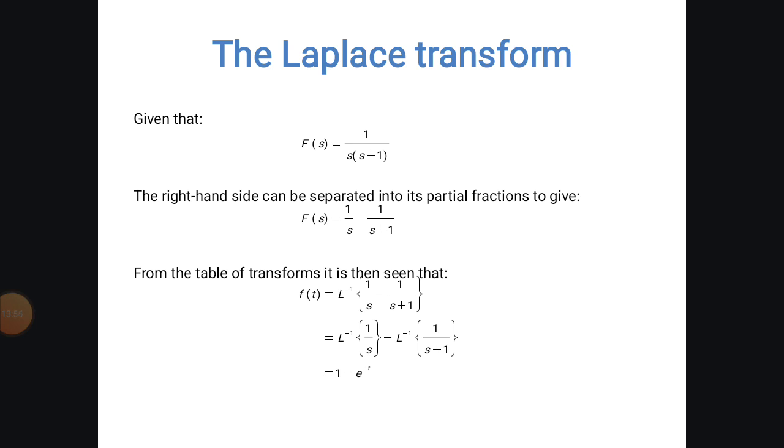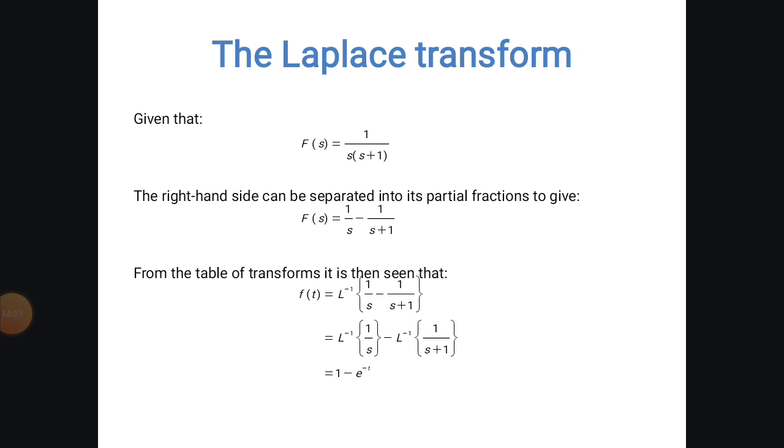Next, we have to separate the denominator by using the partial fraction method. So if we write A/s + B/(s + 1) and cross multiply, we finally find A is 1 and B is minus 1. That is, it gets separated as 1/s minus 1/(s + 1), right? Then F(s) is nothing but the Laplace of f(t), so we substitute: Laplace of f(t) is 1/s minus 1/(s + 1).